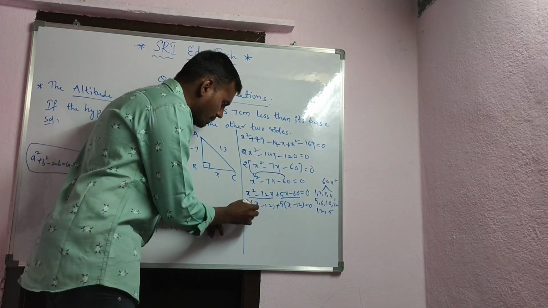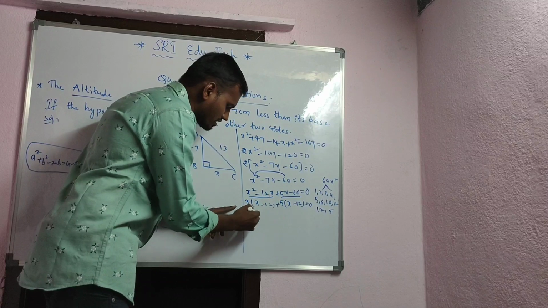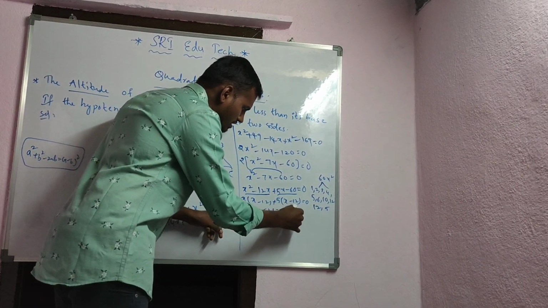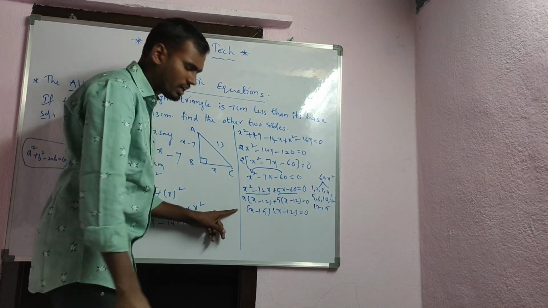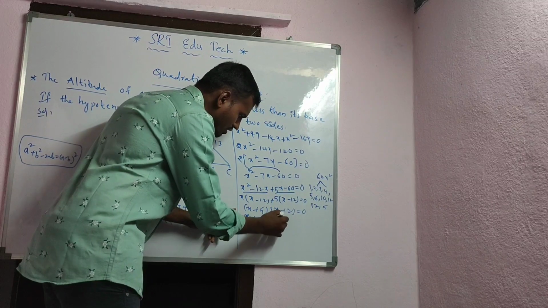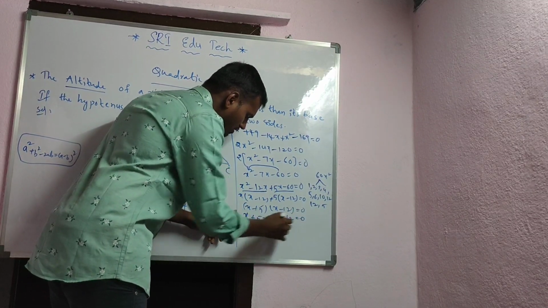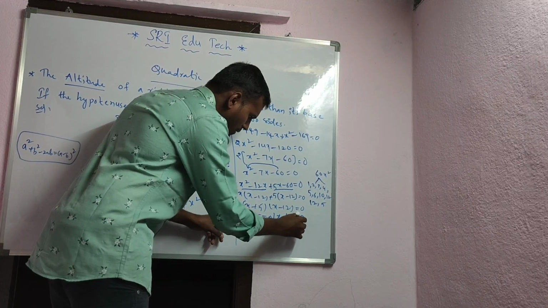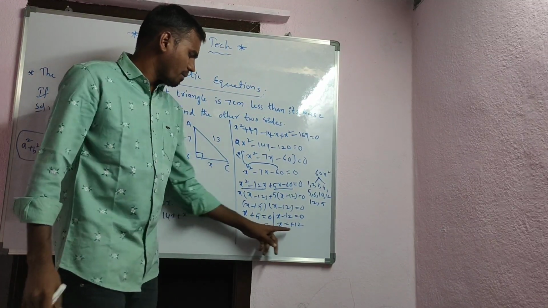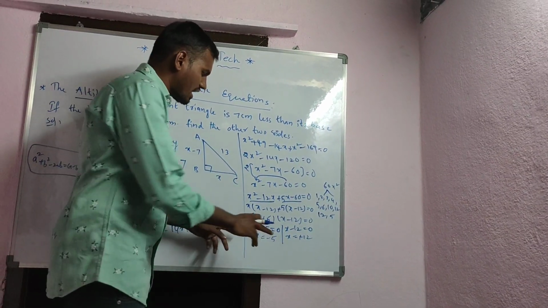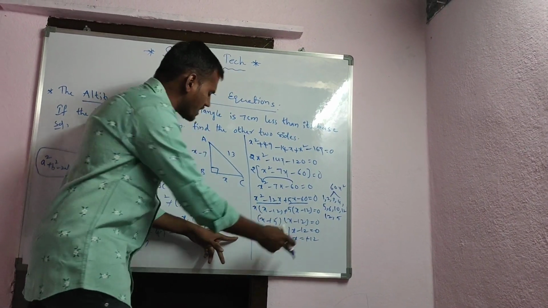Okay. Let's see, then write these two terms in a single term, x plus 5, and this is one term, x minus 12 is equal to 0. Write down 0 separately: x plus 5 is equal to 0 and x minus 12 is equal to 0, then x is equal to minus 5 and x is equal to plus 12. You have to consider the positive values only. Okay, do not take the negative values. Right, x is equal to 12, and then what is x here?